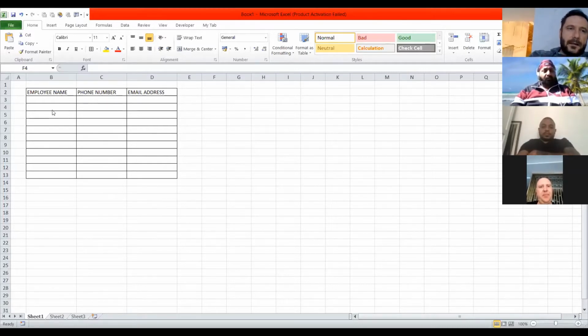So as you can see, I created a tab with 3 columns, and here I put employee number. It could be like a client or a customer. This is how to create a database for contact details.